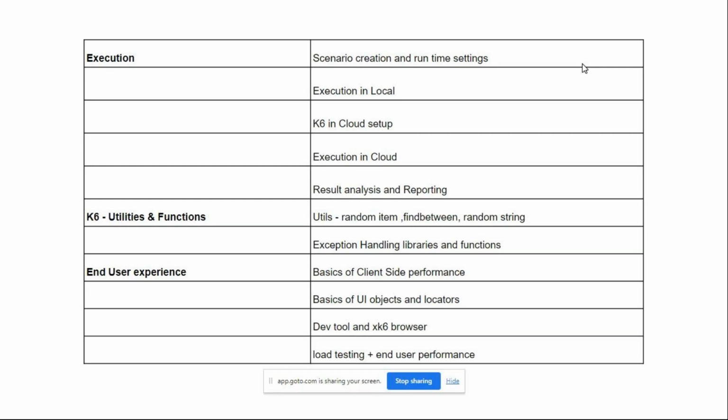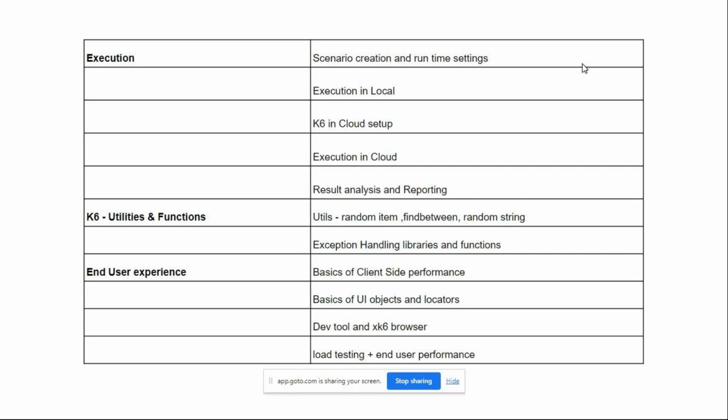Okay, and if the response time is high, why it is high, K6 will not tell, JMeter will not tell. Normally, this is outside of your testing tool, right? When you go and look into the developer tool, there might be a few requests